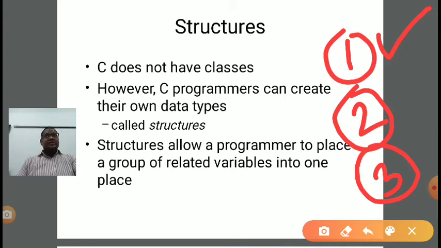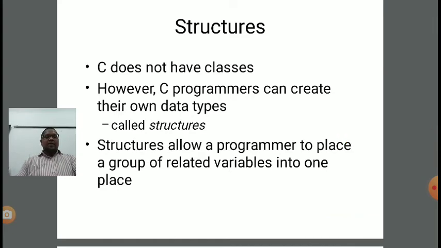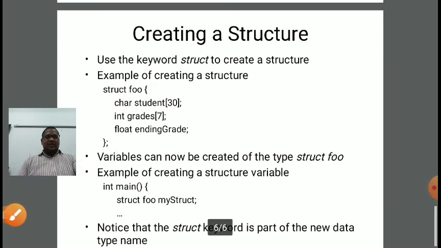Second is creating the structure object. The syntax will be the struct keyword, after that the structure name, and after that a variable that will be the object of that particular structure. After that we access structure members with the help of the structure object, using the dot operator: object name dot structure member. So I have given one example here.